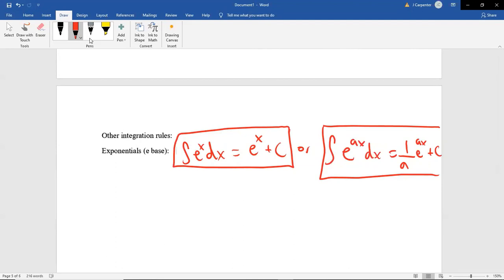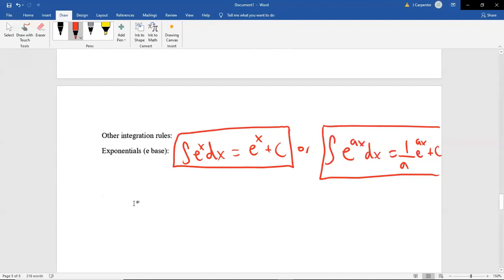And honestly, this just kind of follows from the chain rule of derivatives. When that happened, you took the derivative of the exponent here. So this is like us undoing it with the division, just like we divided by the n plus 1 with the power rule. So this is only a linear term. If this is an x squared, we don't know what to do for now. If this is an x cubed, we don't know what to do for now. This is just a 5x or a 7x or a 12x, things like that.